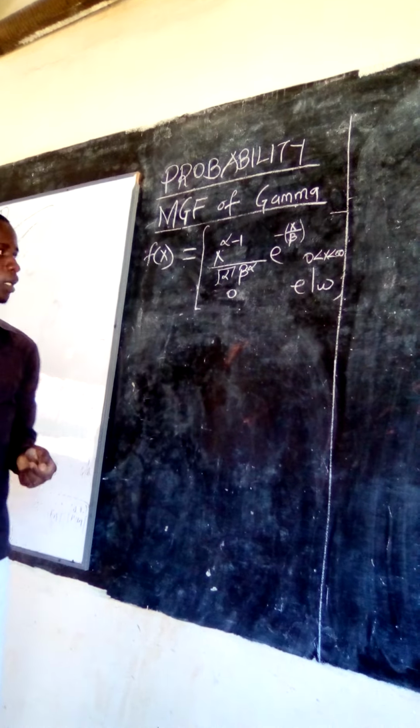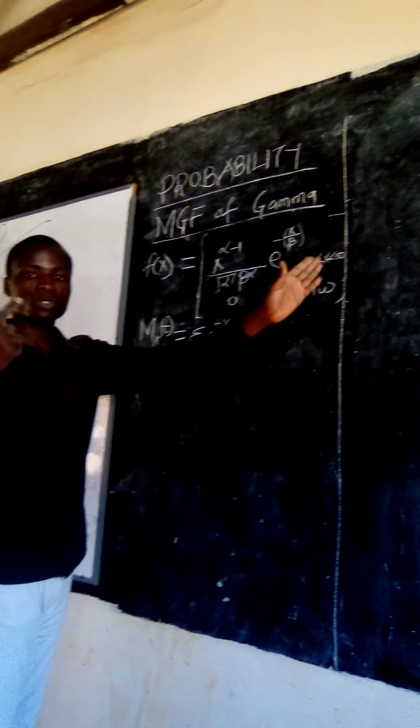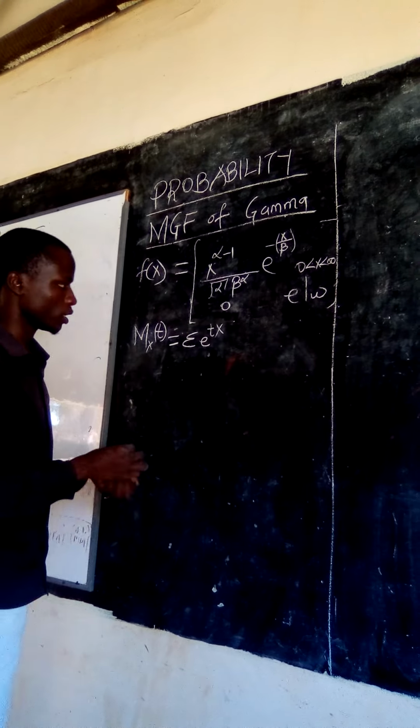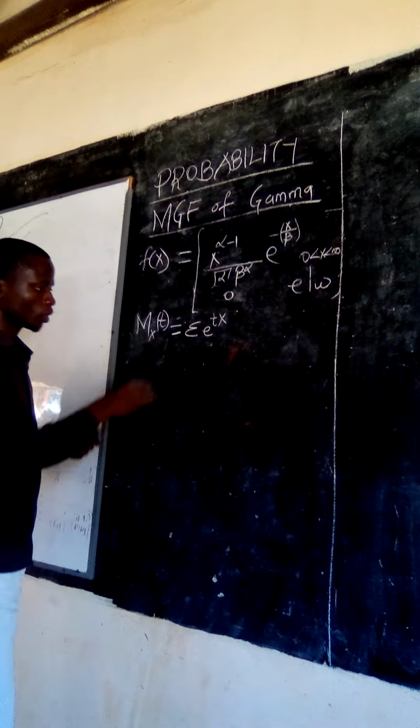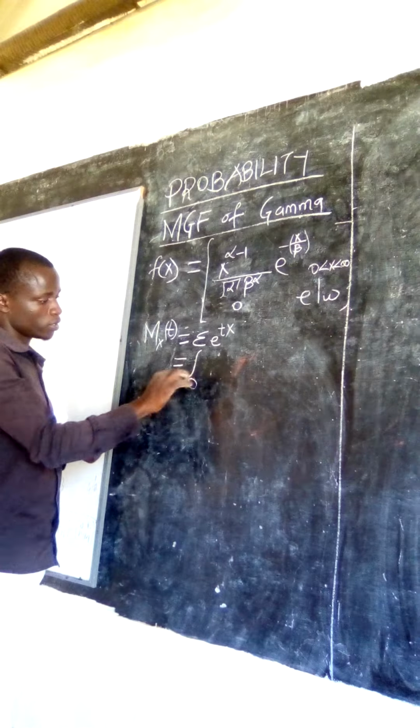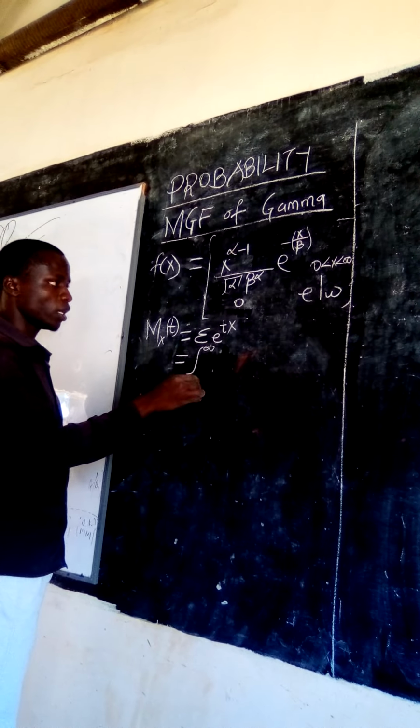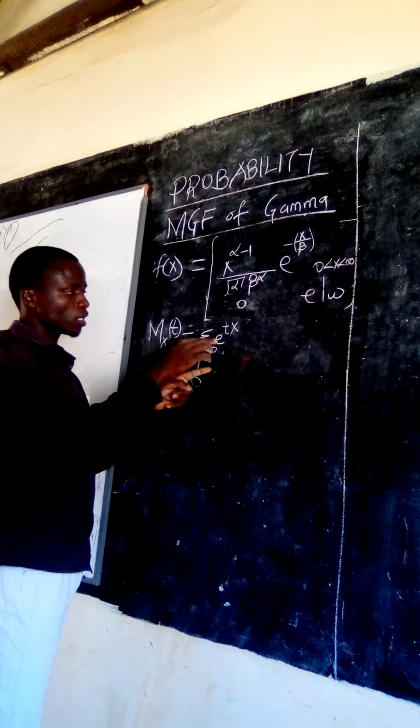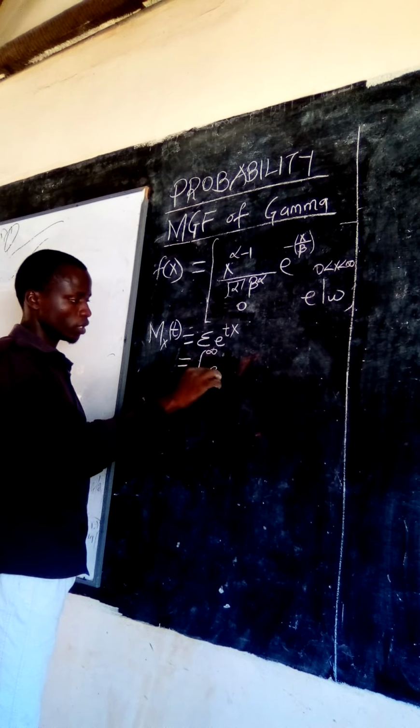After knowing that it is the summation of exponential of tx, you need now to come here and say, how can I get summation? Remember, this one is a continuous random variable, and therefore getting the summation requires you to use integration. And therefore I'll come here now and say that it is equal to the integral of the limits. Remember, my limit here was from 0 to infinity. So that's what I write. So you'll come here and write 0 up to infinity. Then you now come and say that it is exponential of tx. Just write exponential of tx here